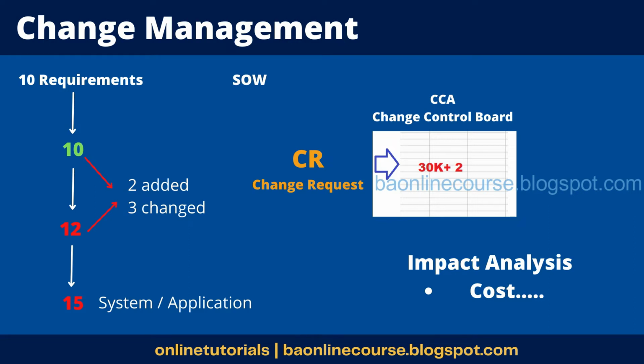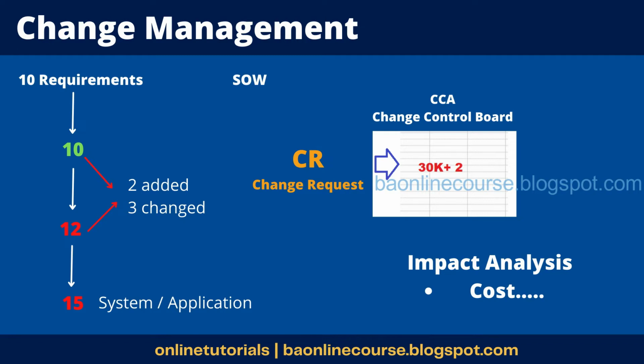If you do it, it's good. They're getting some more features. If you are not, then okay, what is the loss they're going to have just by asking something, right? Now, if you insist on this CR, right? So wherein they have to list all the details regarding the change. They have to justify why this change is required and why it is coming now. Why was it not done earlier, right?